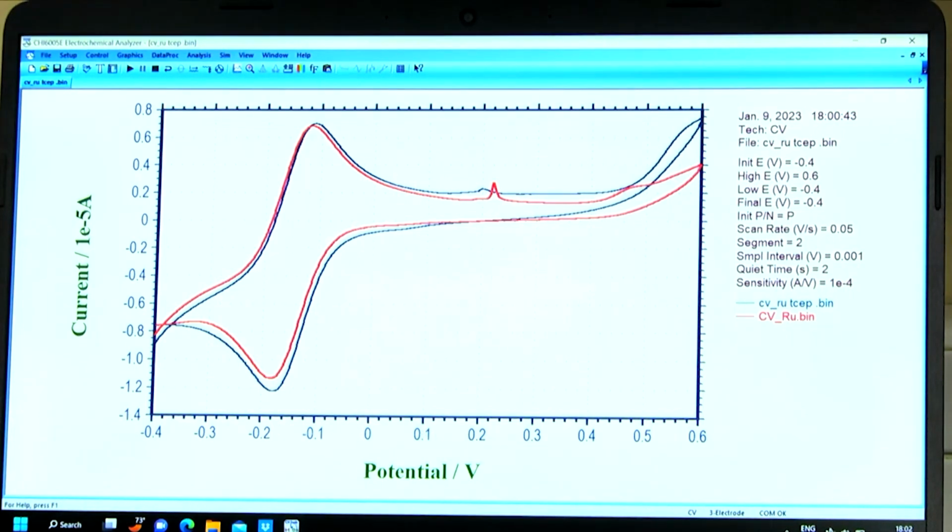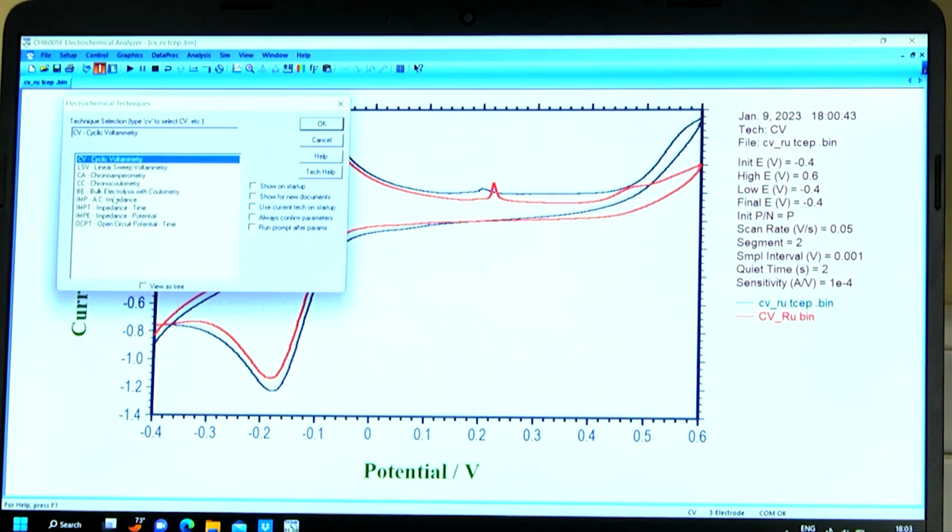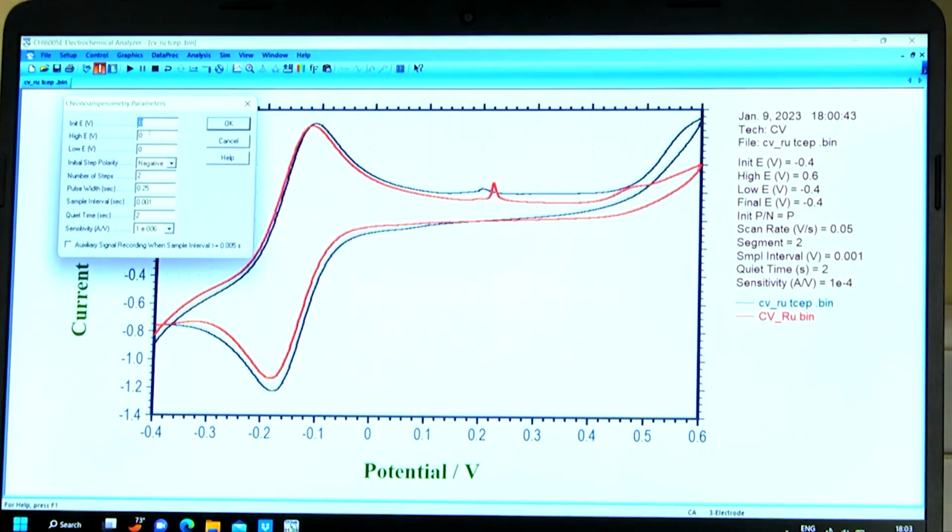So you have to go through different potentials, then find out the best potential for the highest signal to background ratio. So for example, now I will choose 0.1 for chronoamperometry. So I will go to the chronoamperometry and choose 0.1 potential. So your highest will be 0.1 and the initial that can be